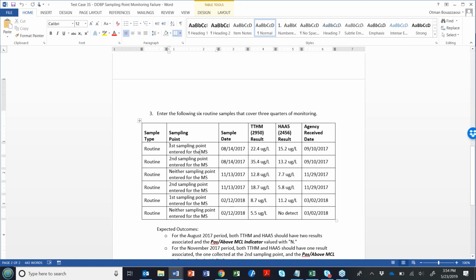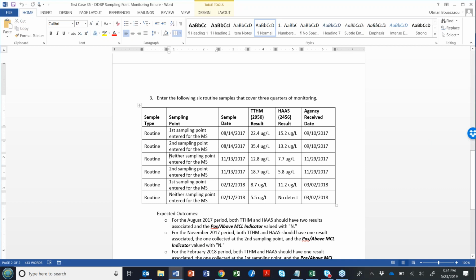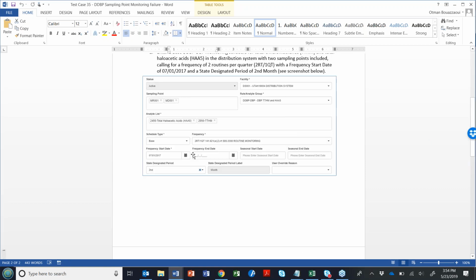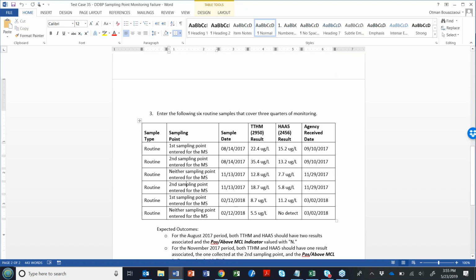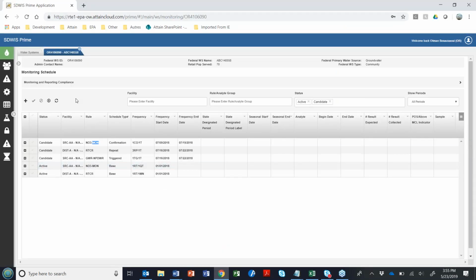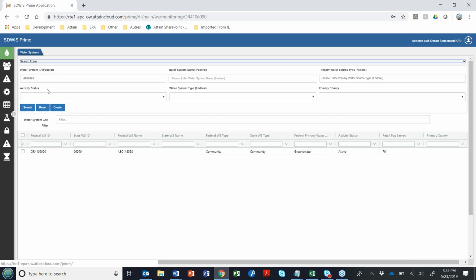And what we're doing here is we're collecting at the sampling points that were referenced in the monitoring schedules, and then at some point in the 3rd sample that you see here, we're going to select a sampling point that is not in the monitoring schedule. So it's not going to be one of those 2 here. And we're just going to keep going, and we should see certain results according to the samples that we're entering.